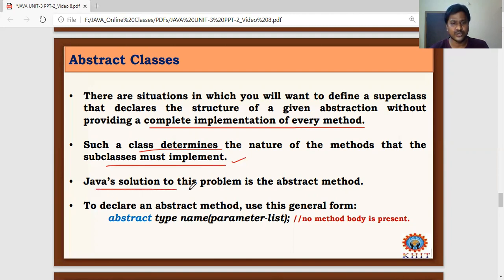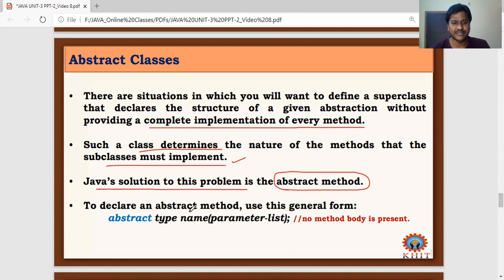So Java's solution to this problem is the abstract method. Whatever method the superclass wants to define in a general form, the subclasses extending this superclass must implement. So we need to define those methods as abstract methods.